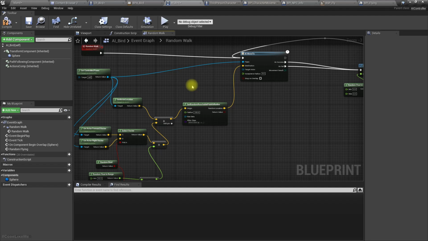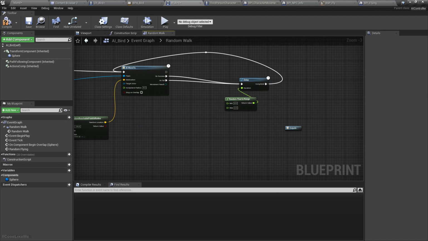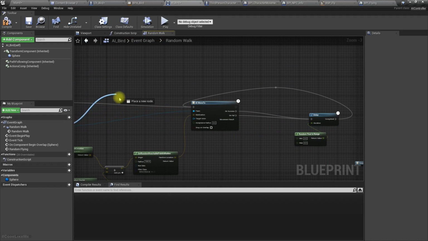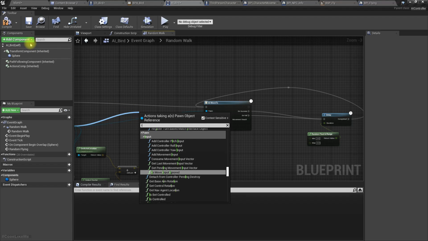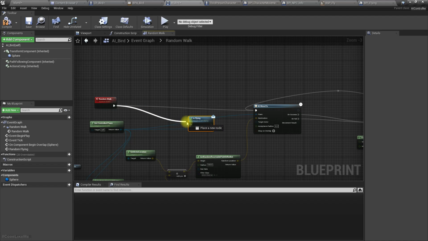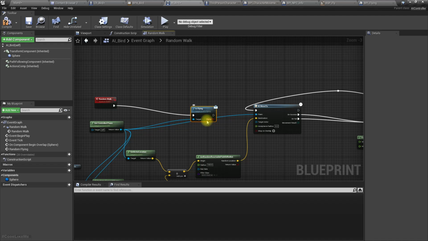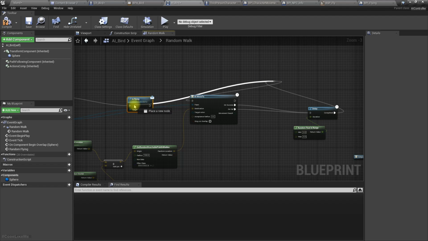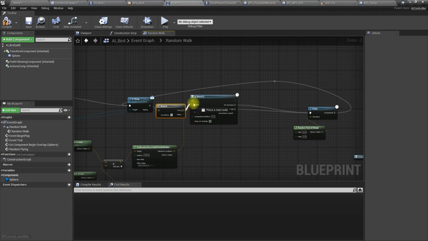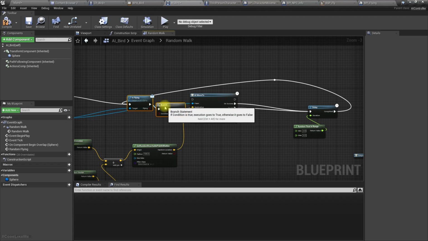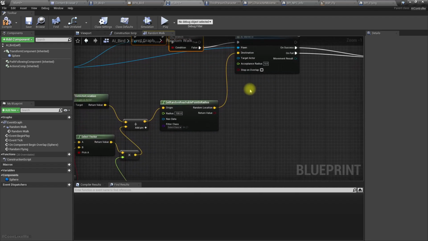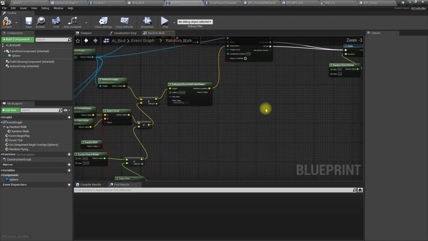Right, now here we need to do one thing. So we have the controlled form, we have to check is flying. If the character is flying, then we should not do random walk. Only if flying is false, we should do the random walk. So yeah,